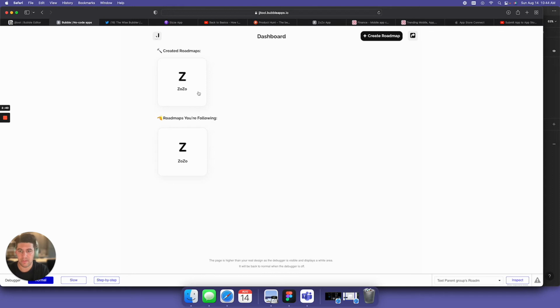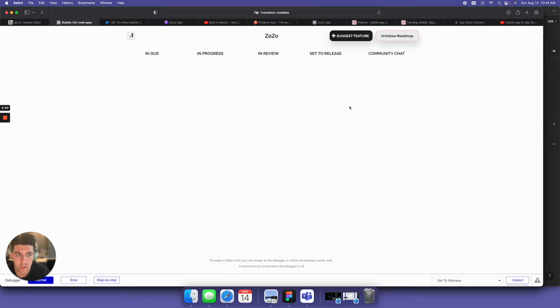There will be one for Clava X and one for ZoZo, and they'll be able to vote on features. They'll be able to talk with other community members. They'll be able to comment on features. They'll be able to suggest features, and they'll be able to visually see the features going through the journey of development, honestly, into actually being pushed into the live product. So when I go ahead and click this, it's going to take us to ZoZo's